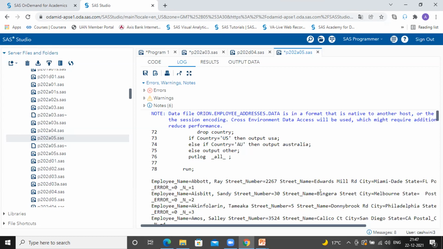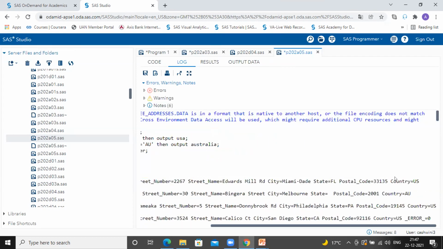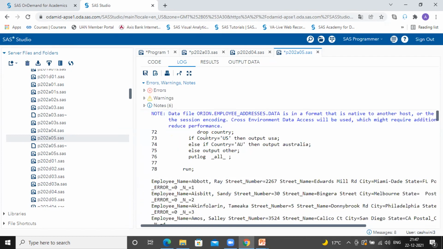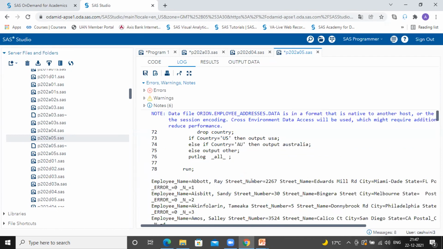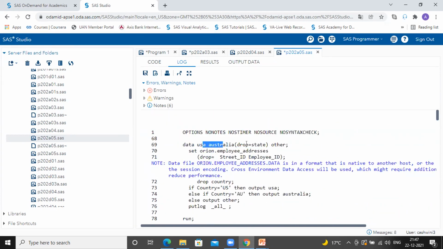See, because you have used put log and now you have used drop country, country is available in your PDV for processing. See, country, country, country. Country is available in PDV, whereas for Australia you see it's now written into your output data set.